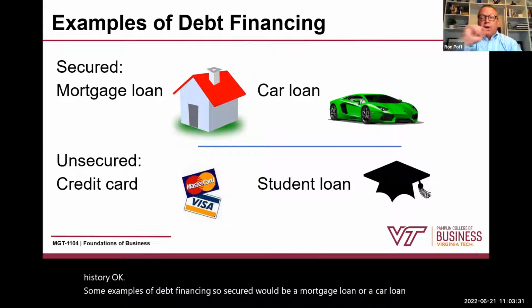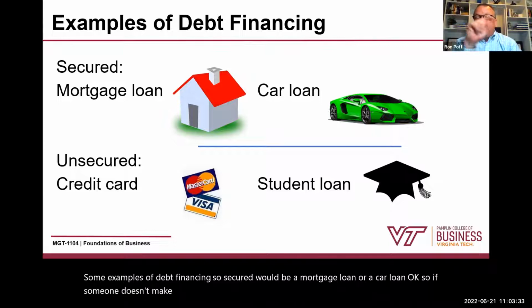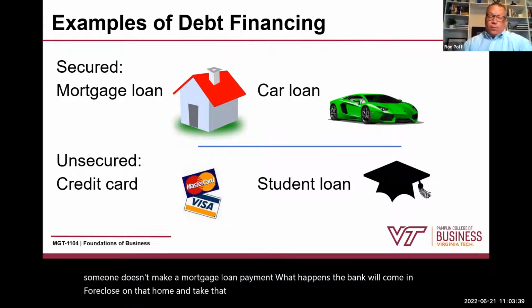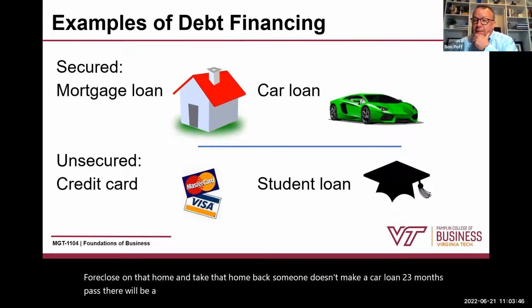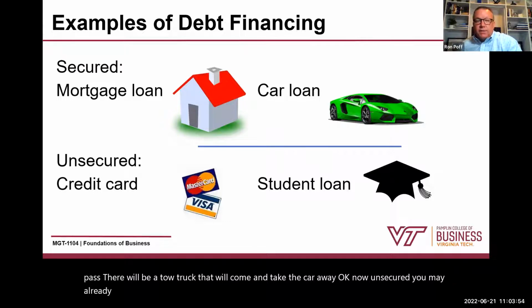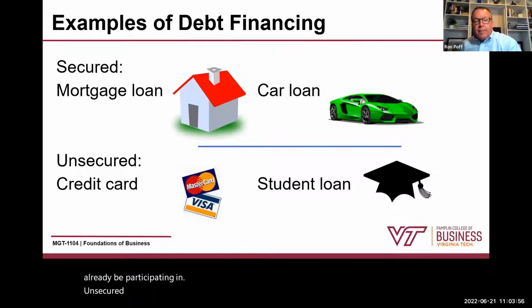Okay. So if someone doesn't make a mortgage loan payment, what happens? The bank will come and foreclose on that home and take that home back. Someone doesn't make a car loan, 2-3 months pass, there will be a tow truck that will come and take the car away. Okay. Now, unsecured, you may already be participating in unsecured debt financing, just like a company could